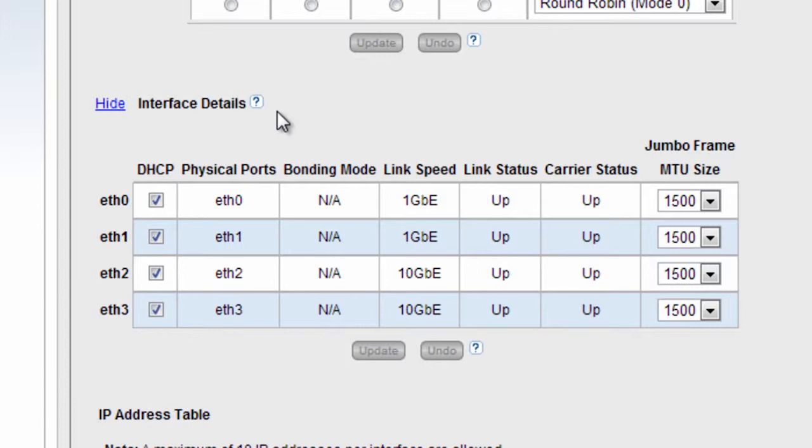As previously mentioned, the DXi V1000 supports DHCP for automatic configuration of IP addresses. Select the checkbox next to a particular port to enable DHCP for that specific interface. Or, clear the checkbox if you want to disable DHCP and assign a static IP address. I want to assign a static IP address to the Ethernet 0 interface, so I'm going to clear the DHCP